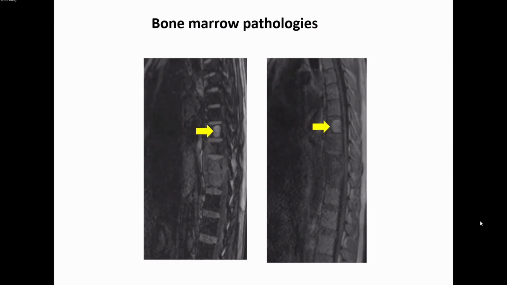So if at all the consultant or your request says they're suspecting a bone marrow infiltration or a bone marrow pathology, it is better to do in-phase and opposed-phase imaging. In-phase, you know that there will be fat and water protons within a particular voxel. You get additive signal. But when it comes to opposed-phase imaging, they will be opposed by 180 degrees and they cancel out each other, and so you get suppressed signals. So this sequence plays a significant role in evaluating marrow infiltration.